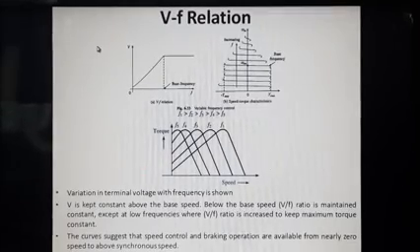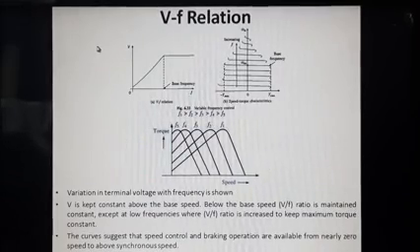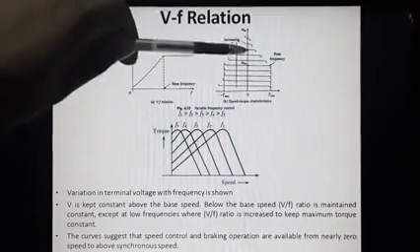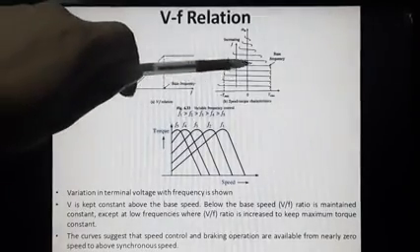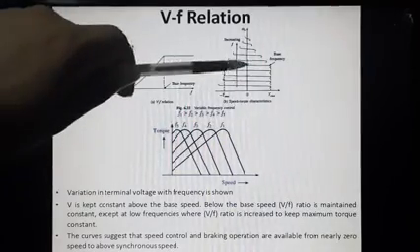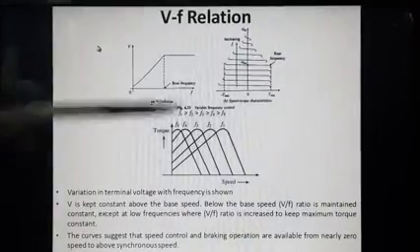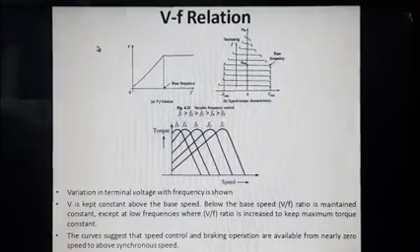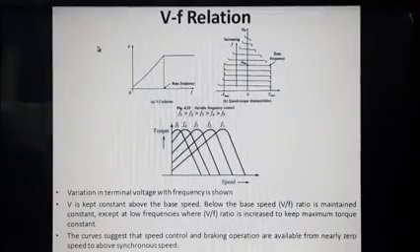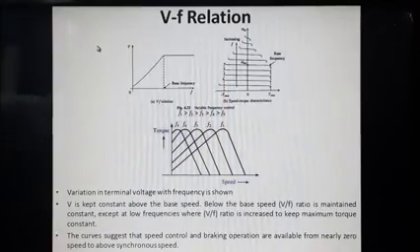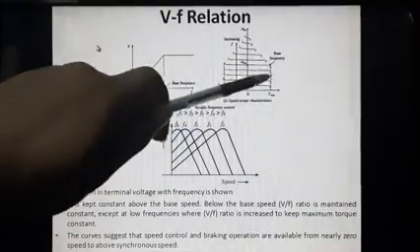Here the y-axis indicates the speed, the x-axis indicates the torque. So if you are seeing, the speed from here is increasing, and this is actually the synchronous speed. So definitely the induction motor won't run at this speed. Induction motor will be running at a speed which is less than this synchronous speed. Omega ms is actually indicating the synchronous speed in radians per second, and the x-axis is indicating the torque. So the speed at which the motor will be running at the base frequency or the base speed or the rated speed is pointed here.